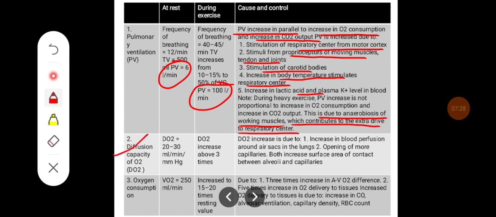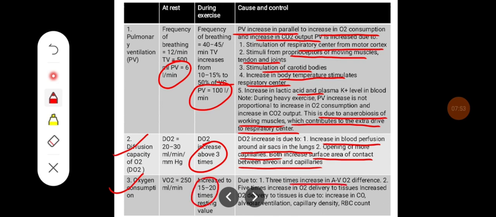Diffusion capacity increases to at least 3 times, and this occurs because of the increase in the blood perfusion around air sacs in the lungs and opening of more capillaries, both increasing the surface area of contact between alveoli and capillary. There is increased oxygen consumption, about 15 to 20 times the resting values. This occurs due to the 3 times increase in arteriovenous oxygen difference and 5 times increase in the oxygen delivery to the tissue, and increased oxygen delivery to the tissue is due to the increase in cardiac output, alveolar ventilation, capillary density, and